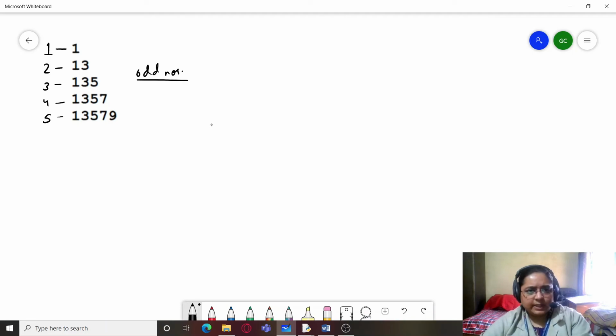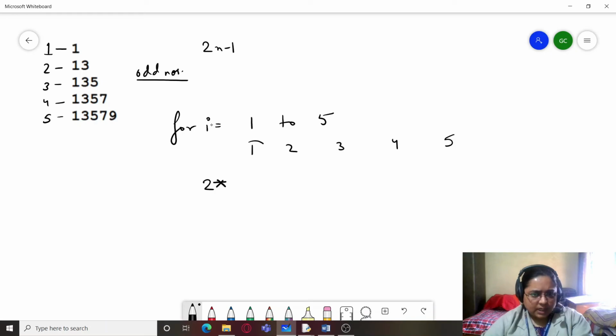We know that odd numbers are usually represented by 2n minus 1. So if I take the values of I as 1, 2, 3, 4 and 5, inside I can write 2 into n, where n is equal to I, 2 into I minus 1.